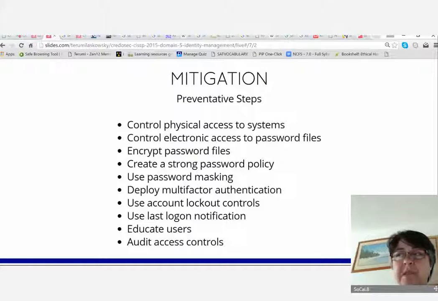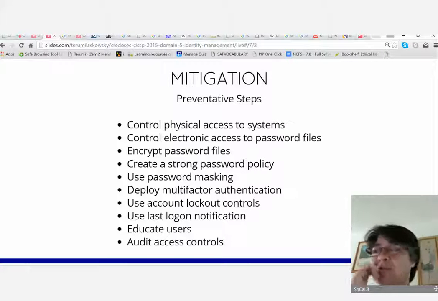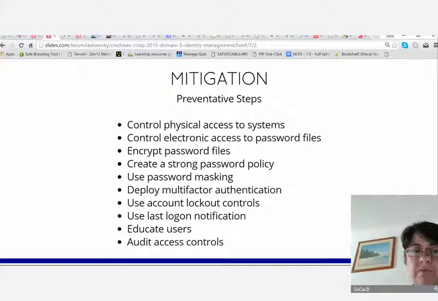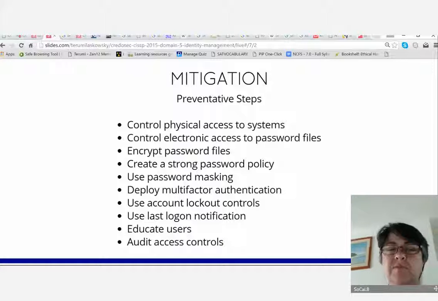Now, they do have a lot of mitigation steps. I'm not going to go over each one of those, because it's just a big old long list. Take a look at it. Let's take a moment to look at these steps, and let me know if you have any questions. Sounds pretty commonsensical, I hope. Any questions on this? All right, good to go.